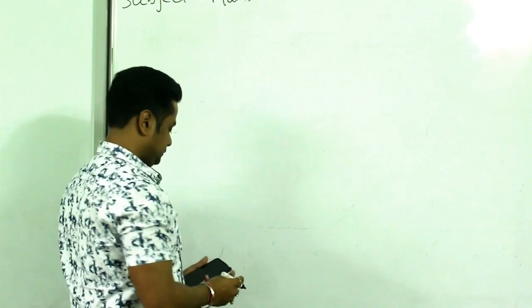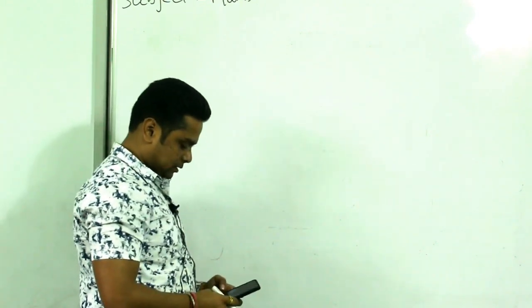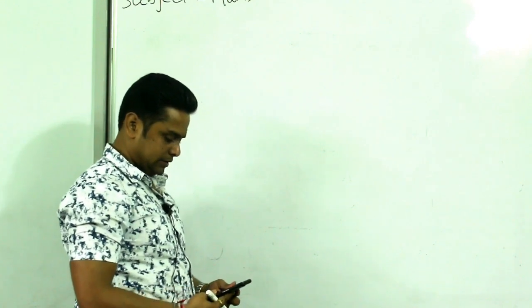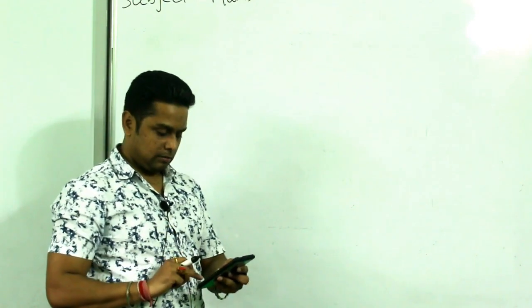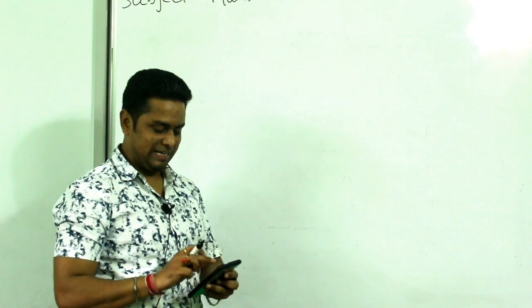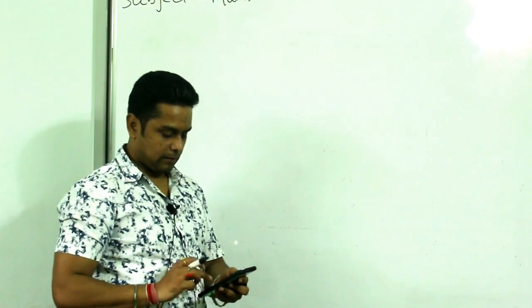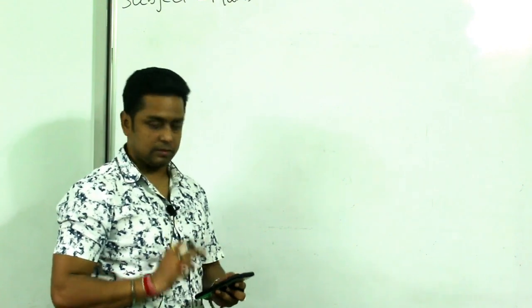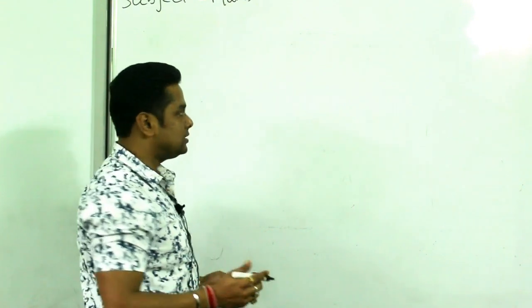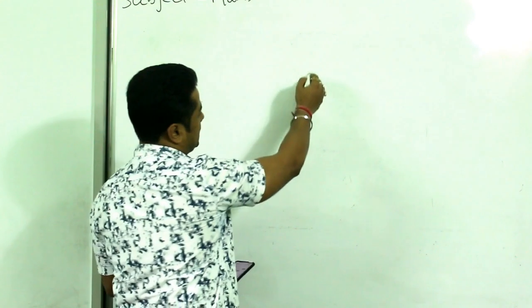Now, the first concept is congruency. You will see the major theorems will need this. A property called congruency. Congruency. What is congruency? Now suppose I draw a triangle here